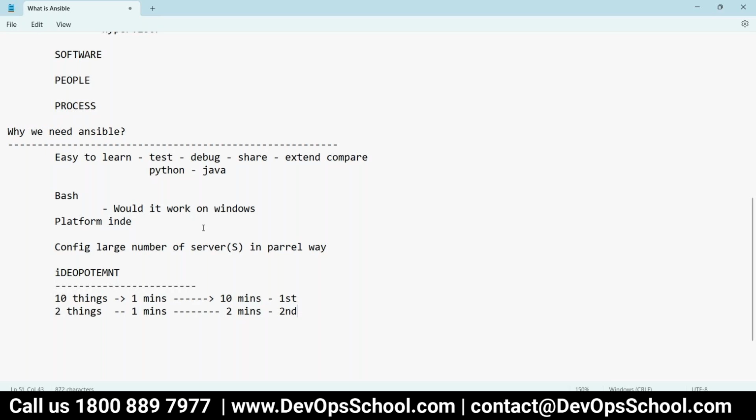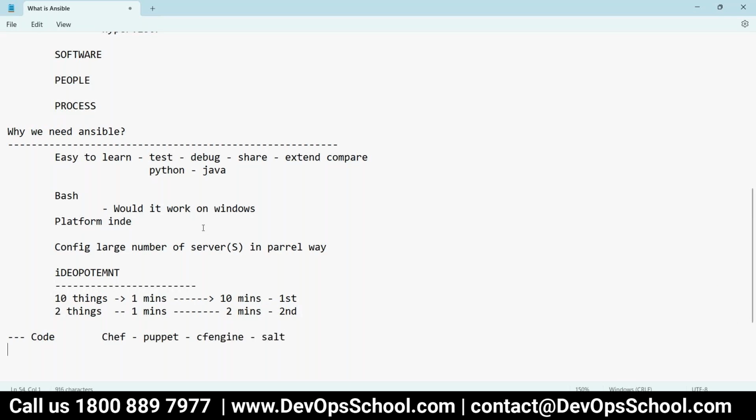Okay, so these are some of the high-level fundamental reasons why we are going for Ansible. Now you will say, Rajesh, I don't like Ansible, so what should I do? If you don't like Ansible and you're writing code, then probably you will go for Chef, Puppet, CFEngine, Salt, all these things.